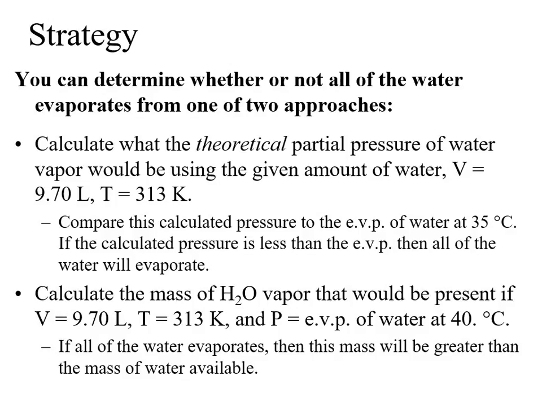I'm going to basically say, forget the puddle, what's the container, the temperature? How much water will be there at the equilibrium vapor pressure? And then I'm going to compare that mass with my puddle. We're going to find out that that mass is going to be less than my puddle that I start with. And then by difference, I'm going to take that mass and subtract it from my